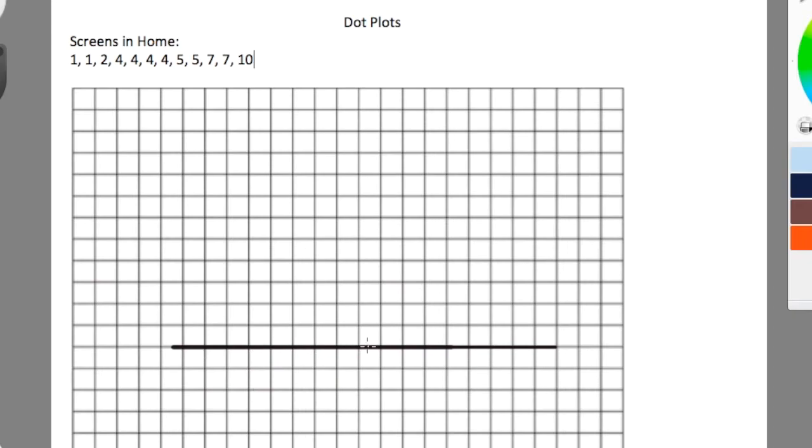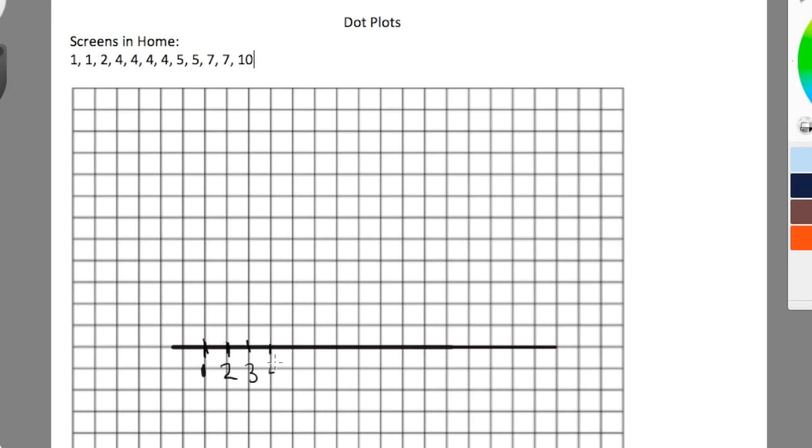So down here under our number line, and for both of these dot plots and histograms, you're going to want a number line. And remember, a number line, we don't skip numbers, we keep even intervals. So let's set up this number line first before we go farther. My lowest number is a 1. So I'm just going to put 1 here, then we have 2,